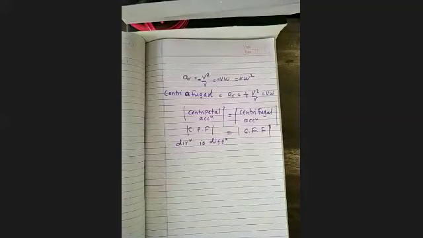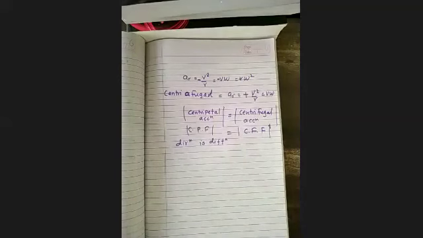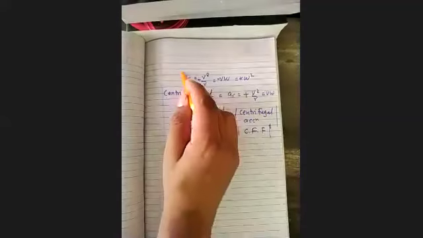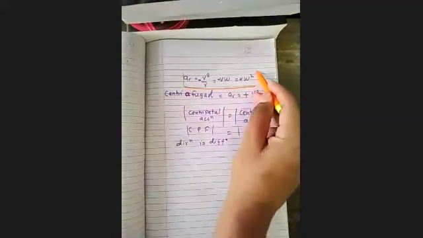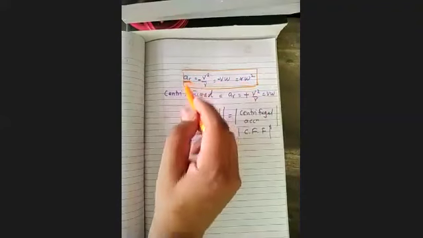What is the direction of centripetal acceleration? Along the radius toward the center. What is the direction of centrifugal acceleration or centrifugal force? Along the radius, but away from the center or away from the observer, right? Now we got the derivation of that particular formula for centripetal acceleration. You can refer to my previous notes, so you will get the idea of what centripetal acceleration is.